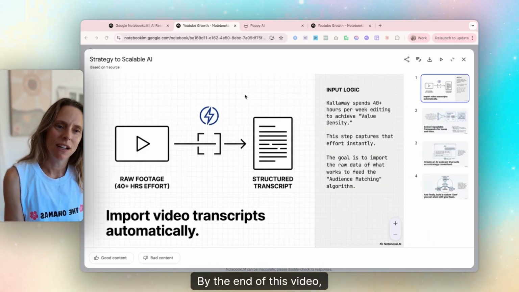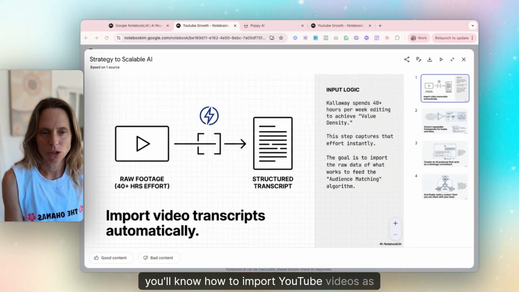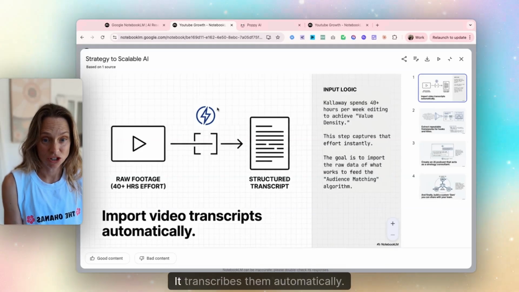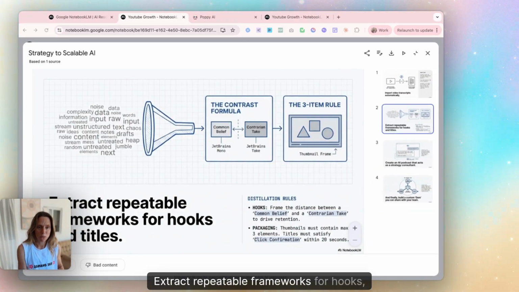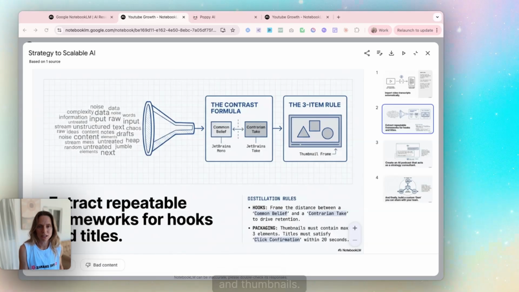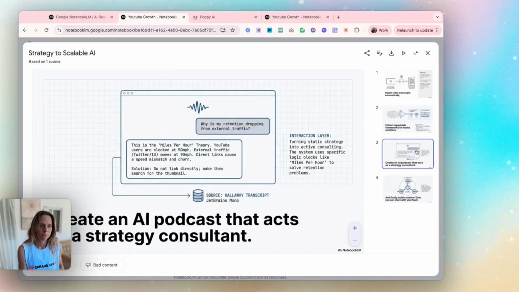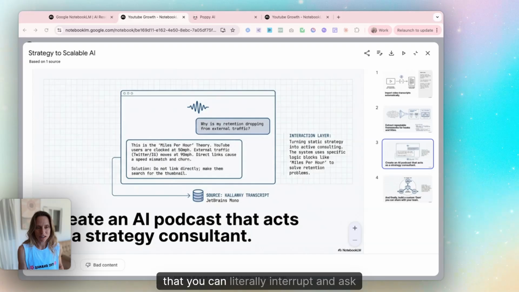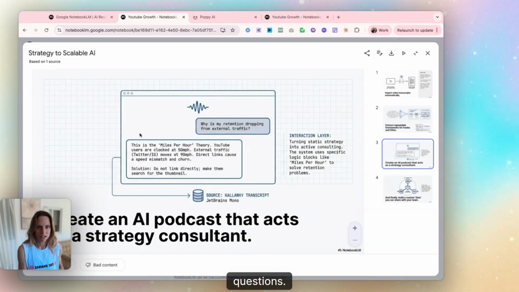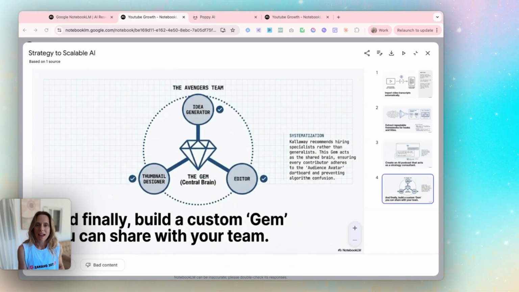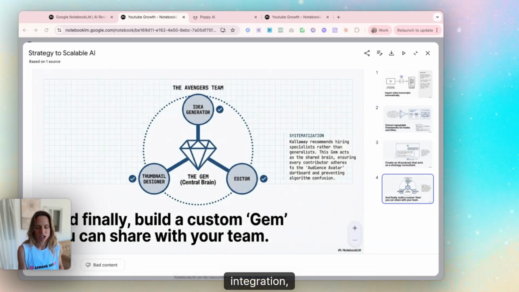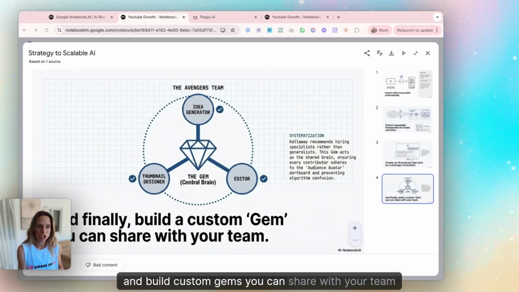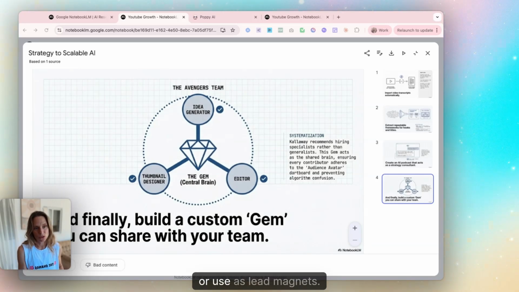By the end of this video, you'll know how to import YouTube video sources. It transcribes them automatically. Extract repeatable frameworks for hooks, scripts, titles, and thumbnails. Create an AI podcast that you can literally interrupt and ask questions. Generate thumbnail concepts using Gemini integration, and build custom gems you can share with your team or use as lead